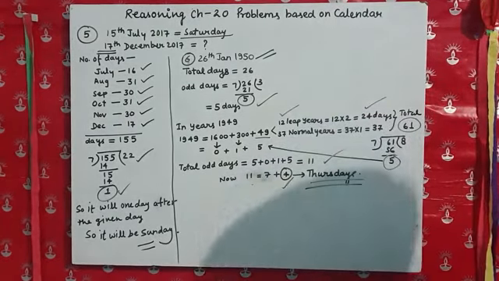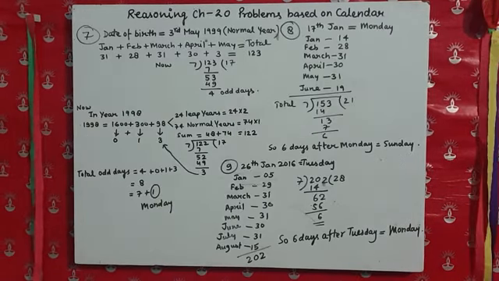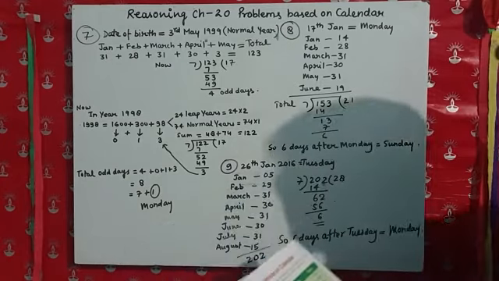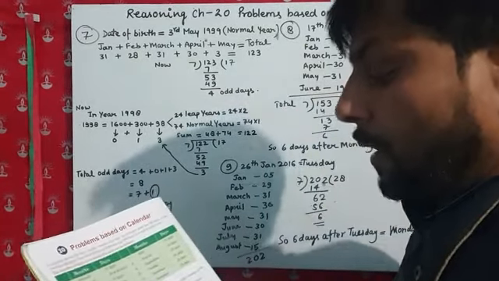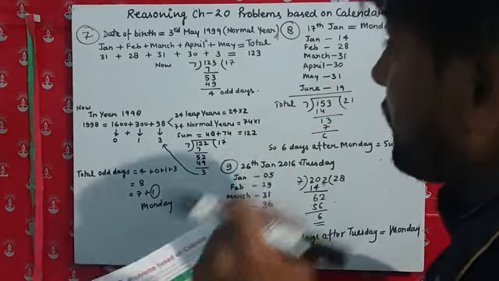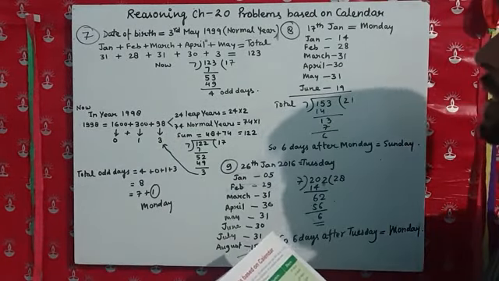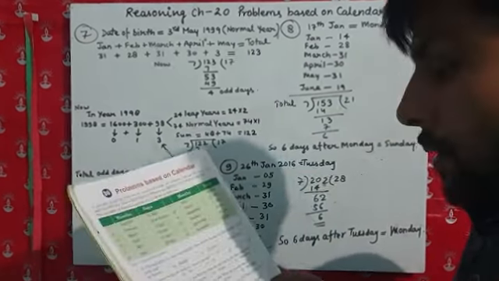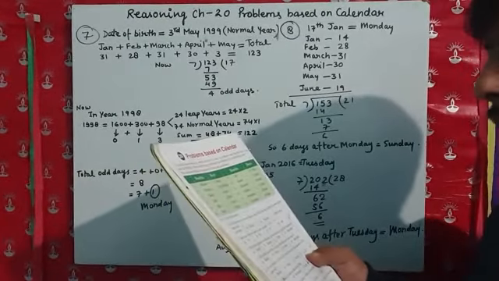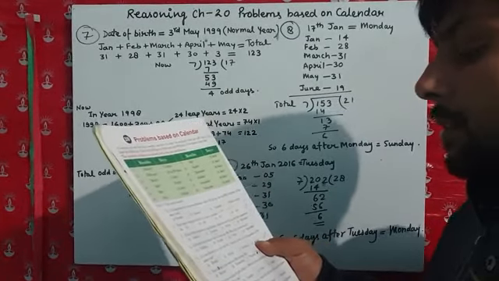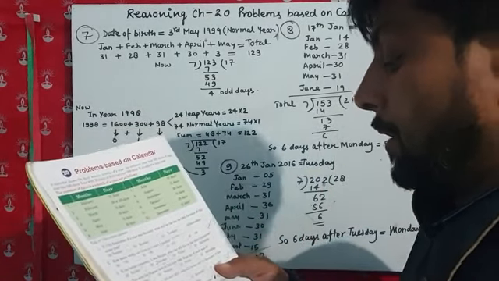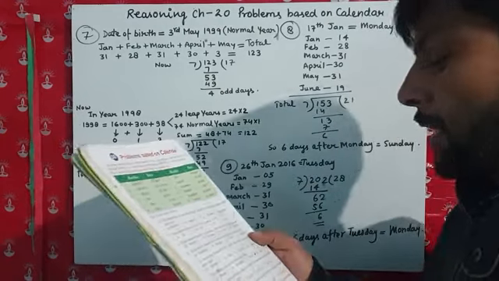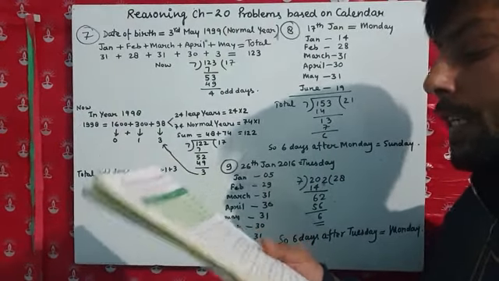Now I am going to question number 7. Question number 7 is given in the same pattern as question number 4 that I told you. Here the question is asking about the day, from the date of birth. Here it is given that my sister's date of birth is May 3rd, 1999, but I do not remember the day. Can you tell me which day it was?